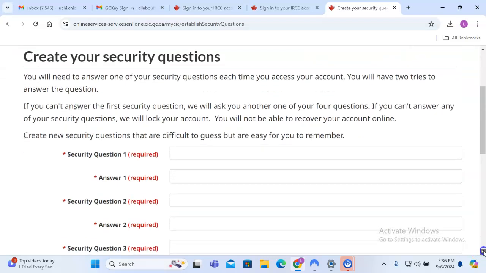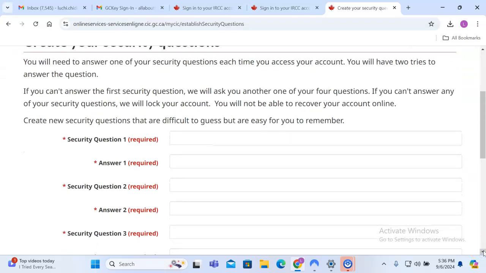Create your security questions. These questions will be asked at all times when you start filling your forms, when you start uploading your documents, when you want to sign out at the end of the whole thing. It will always ask you for the security questions. So please use a question that you will not forget. Security questions. You can ask, what